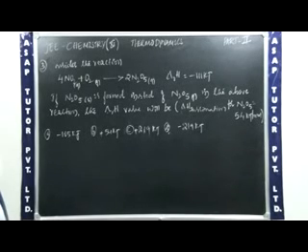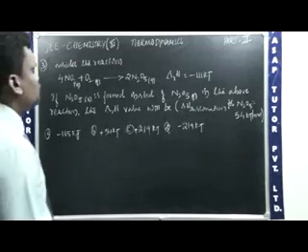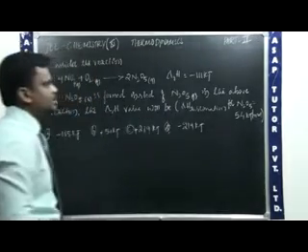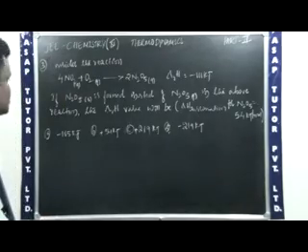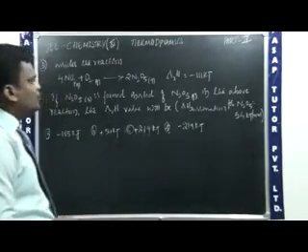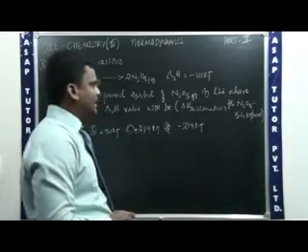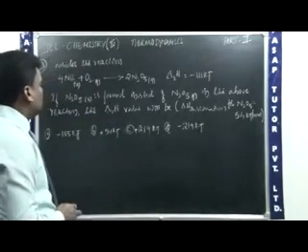Now we pass on to the third question. Consider the reaction NO2 plus O2 gives rise to 2N2O5, formation of nitrogen pentoxide. Here, the change in enthalpy of the reaction is minus 111 kilojoules. If N2O5 solid is formed, instead of nitrogen pentoxide gas in the above reaction, the change